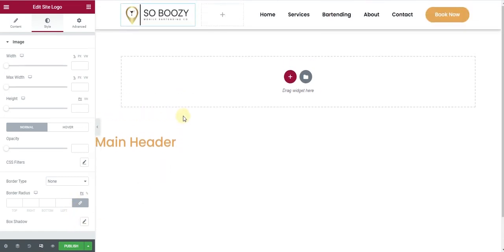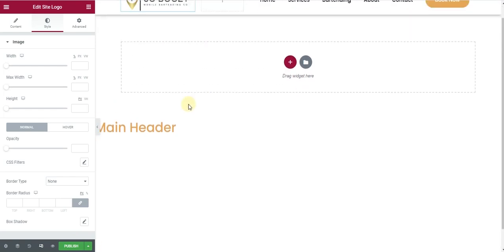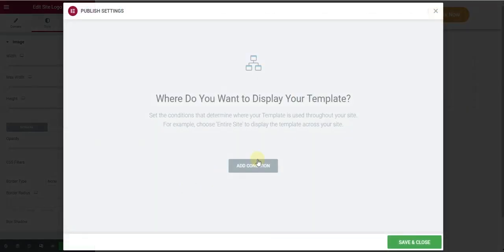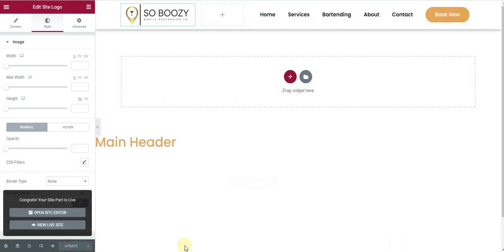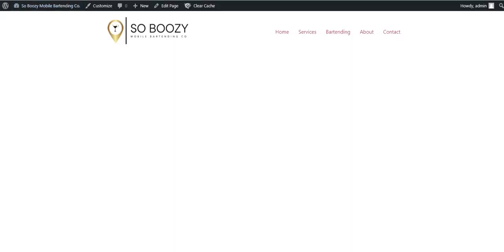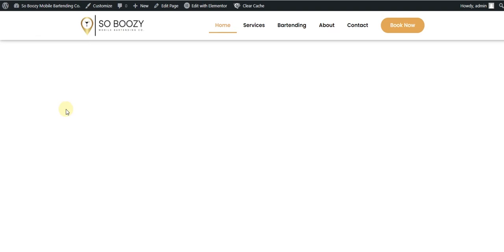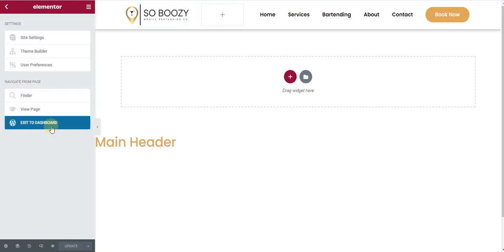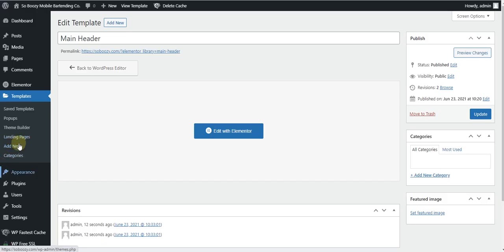So once those all settings are done, now our header is created. Once the header is created, we'll click on publish button and it will ask us to add a condition. We'll add a condition and name it as include on entire site, and then click on save and close. Now if we have a look at the front end of the website, our header is looking absolutely fine. You can exit to the dashboard, and now